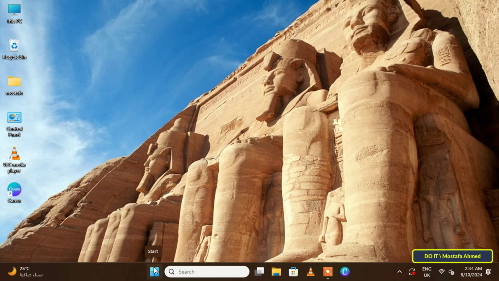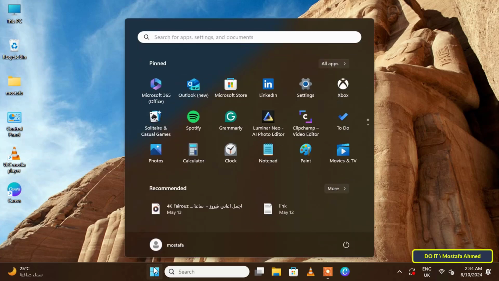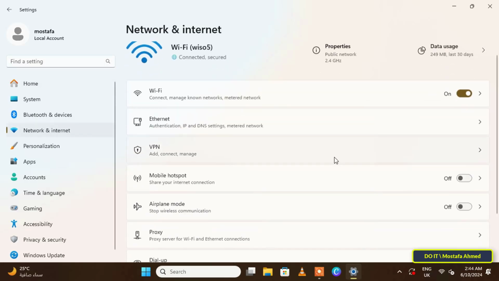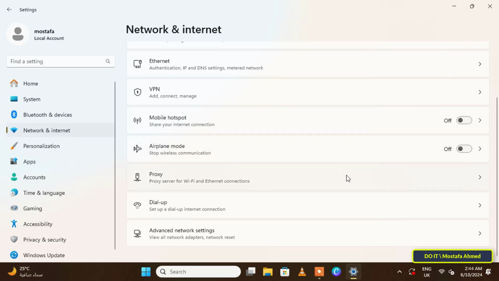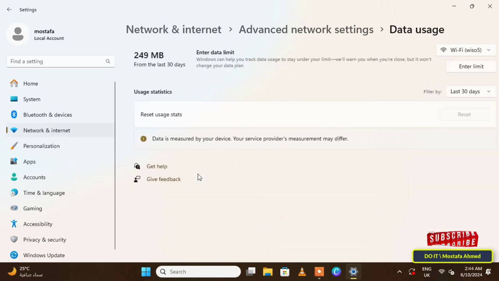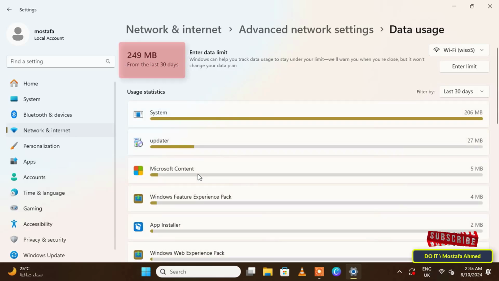And the second method is how to monitor data usage using Advanced Network Settings. First, open Windows 11 Settings. From the Settings page, select the Network and Internet tab in the list on the left side. And on the right side, scroll down and click on Advanced Network Settings. After that, click on the Data Usage option, and you will see your total data usage at the top left